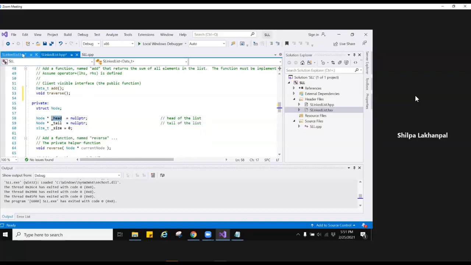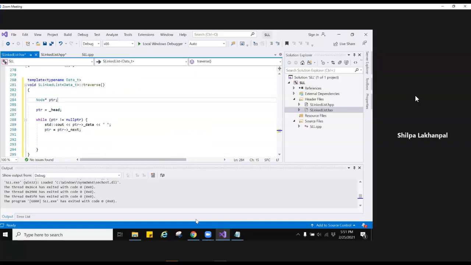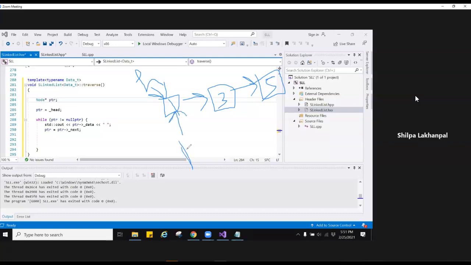That's the head, basically. What we're trying to do is set a pointer over here to the first node in the list. Supposing this is my single linked list, and this is the head. Then I'm setting a pointer that can point to a node, and I'm setting it to where the head is pointing to. So the PTR points over here.